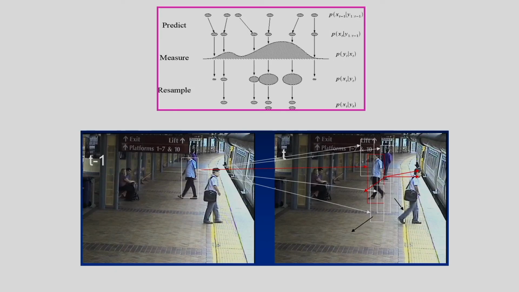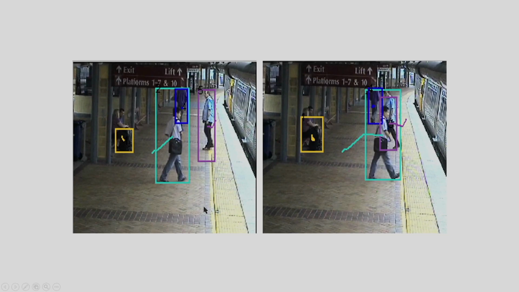So here you can see I am showing the tracking of this person. So based on the particle filters, first one is the prediction, again after this the measurement, after this the resampling. The resampling concept I have already explained, because we have to neglect the particles having negligible weights, and after this we have to do the iterations. So based on this we can do the tracking. So this is one example of the tracking, and this is also another example of the tracking.